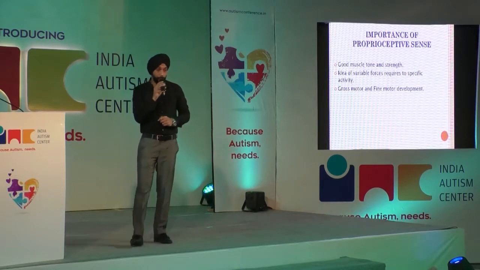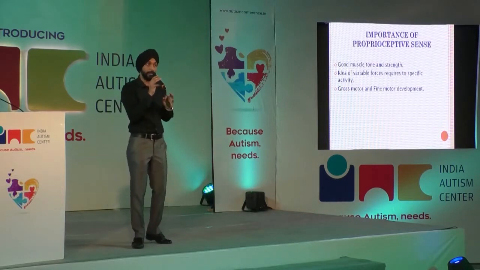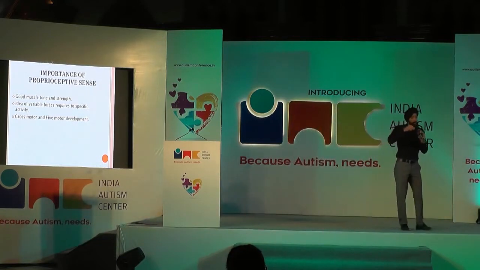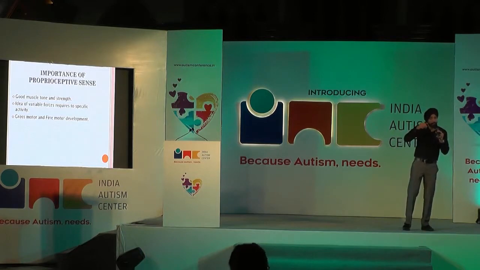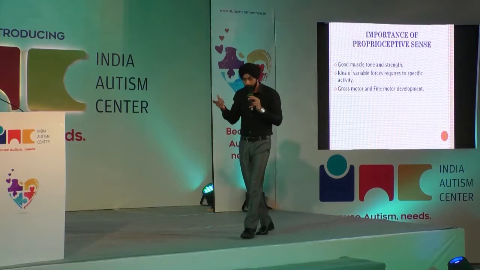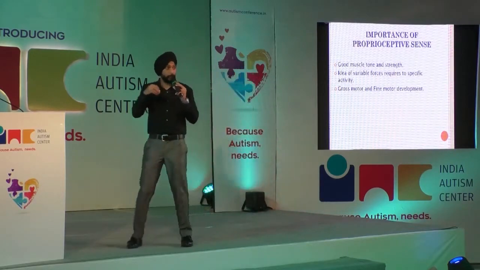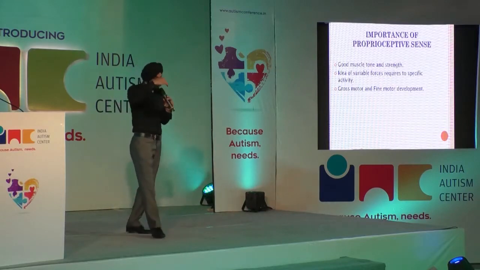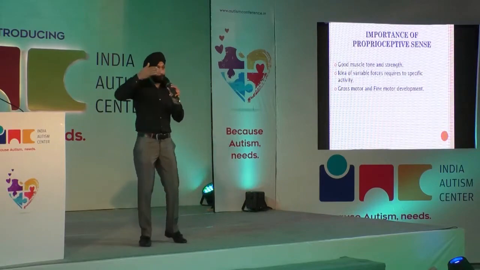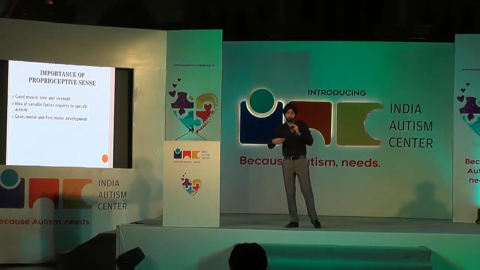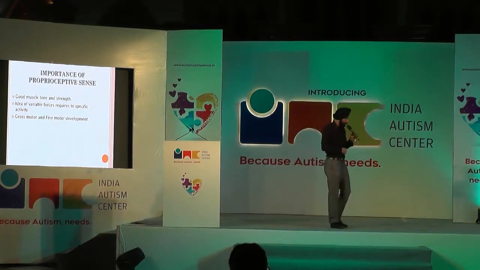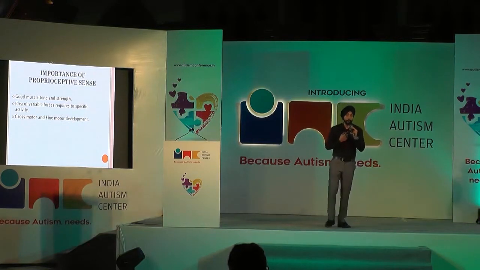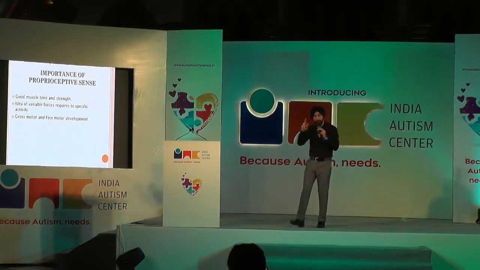Secondly, the idea of variable forces required for specific activities. Many of the kids write with such low pressure that you can't even see what they are writing. Many of the kids write with such high pressure that it can even tear the paper. Am I right? So what does this mean? To do certain activities, there is a variation in the forces which you require. Just let me give you one more example. If you are buttoning a coat button, the pressure of buttoning is different than when you are buttoning a shirt button. So you are doing the buttoning, but there is a variation.